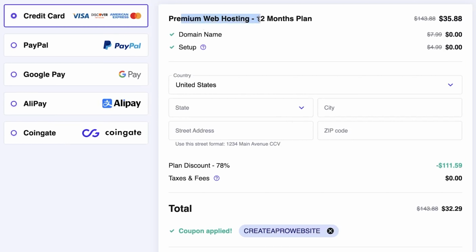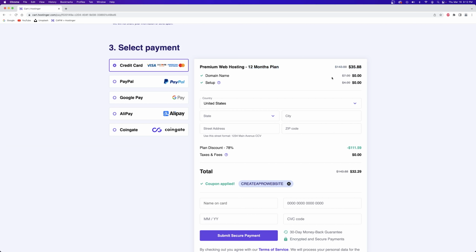We've got the premium web hosting plan for 12 months. You're paying for all 12 months up front, so that's why it's $143. But because of the discount, you're only getting it for $35 total. You also get the domain name completely for free, so that's scratched off, and you get set up for free, and that's scratched off as well. So you're paying $35.88 total, but it comes down to $32.29 with the coupon code, so that's pretty sweet for